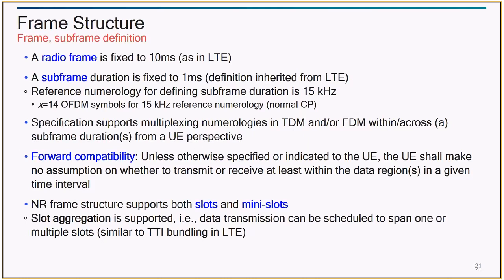For example, if I go all the way up to 240 kilohertz, then my number of slots and number of symbols increase as 2 to the power of n, where n equal to 0 is 15 kilohertz. This n, also commonly called L, is going to be a recurring concept in NR. The network would configure the SCS for every UE, and based on the SCS, it will determine which would be your slot.